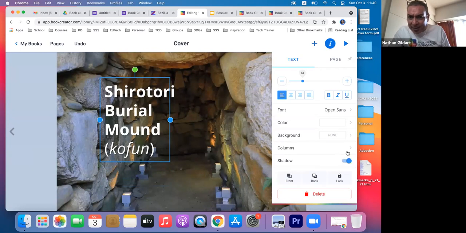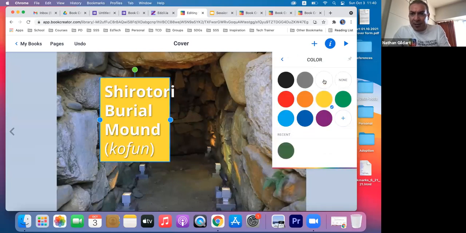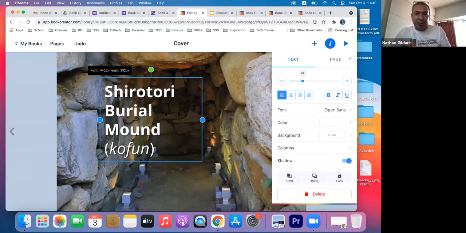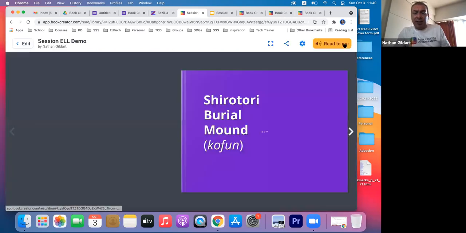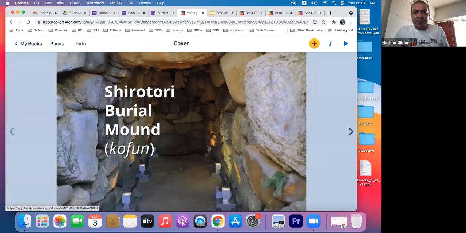Let's see. I'm going to go with no, don't need the background. Maybe I'll put a background color in there. Maybe a little bit of yellowish. Nope, I'm going with none. Doesn't float my boat. I don't like it. So the shadow might stand out if it was a different image. I might pull this over here a little bit. No, I think I kind of like that. I'm going to click play, see what happens. Yeah, I think that's okay. I would take my time though and play a little bit.